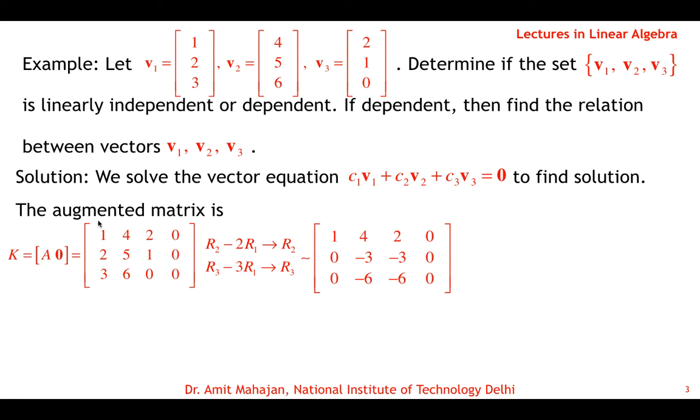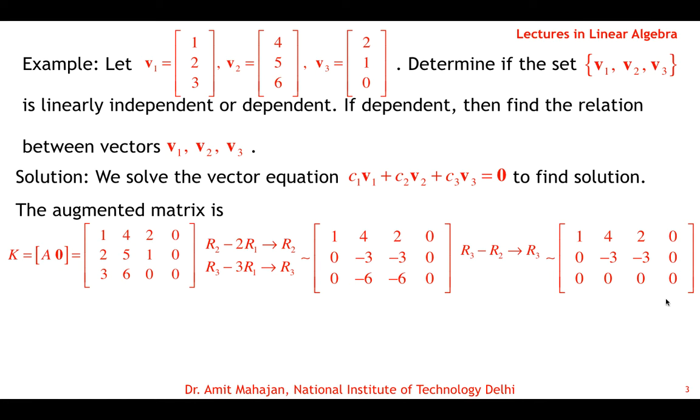3 minus 3 is 0, 6 minus 3 times 4 is 12, so minus 6, and 0 minus 3 times 2, so minus 6. Now in the second row, this 2,2 position becomes the leading element, so use this to make the 3,2 position, that is this minus 6 element, 0. So apply row 3 minus 2 times row 2, impact on row 3. The first and second rows remain the same, and both these elements become 0 simultaneously. So the third row is now 0 0 0 0.